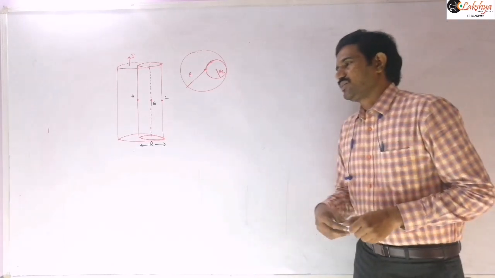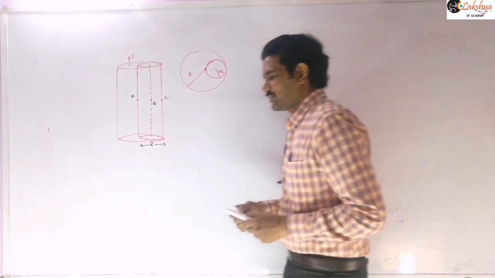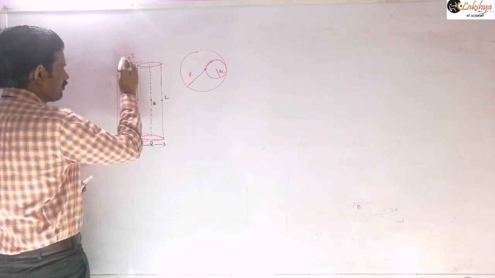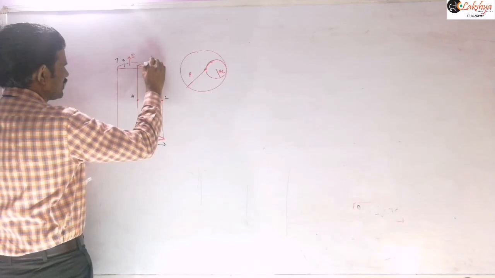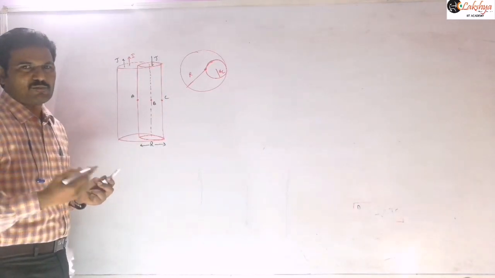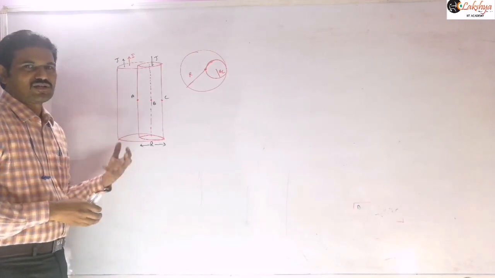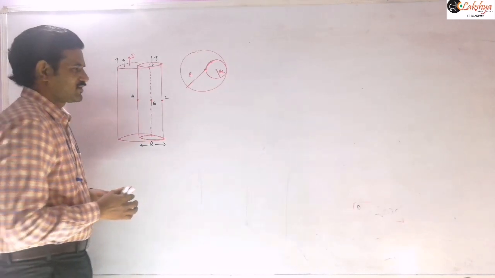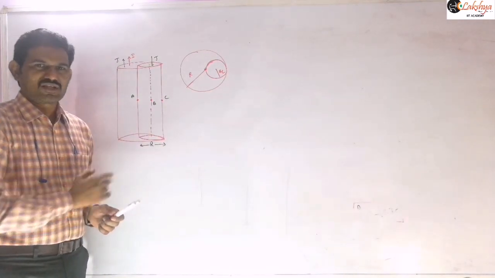For A and B you can write it easily. Now I am solving in terms of the current density. For the complete cylinder you can consider this current density, and for the cavity we can assume the current density is there like this. Then you can apply the same formula. For point A or B you can apply the direct formula also. Let us see how to apply this; I will derive the basic procedure and explain how to apply that formula also.